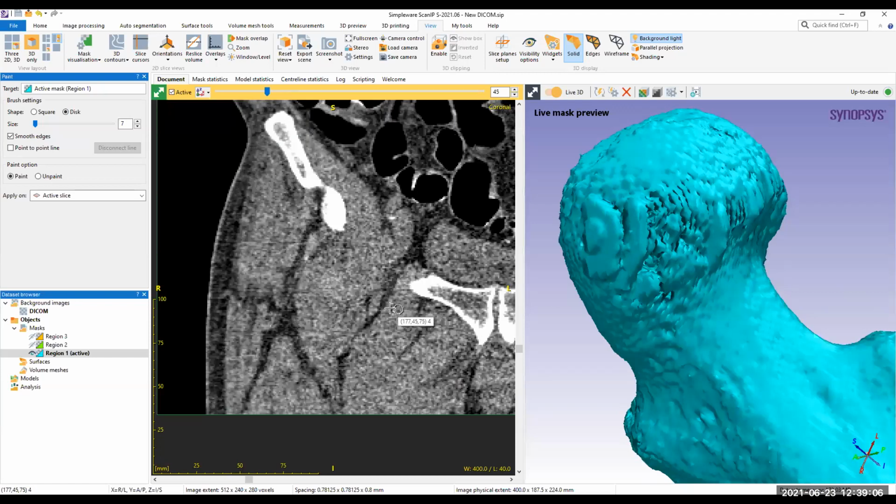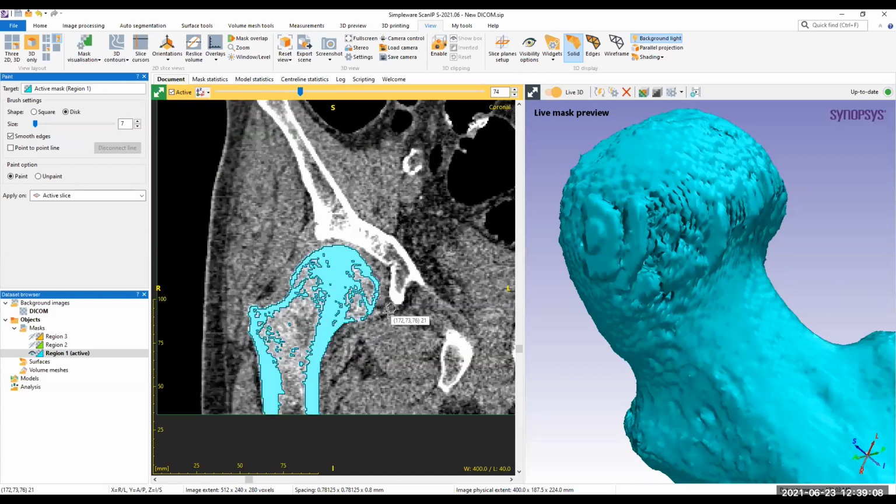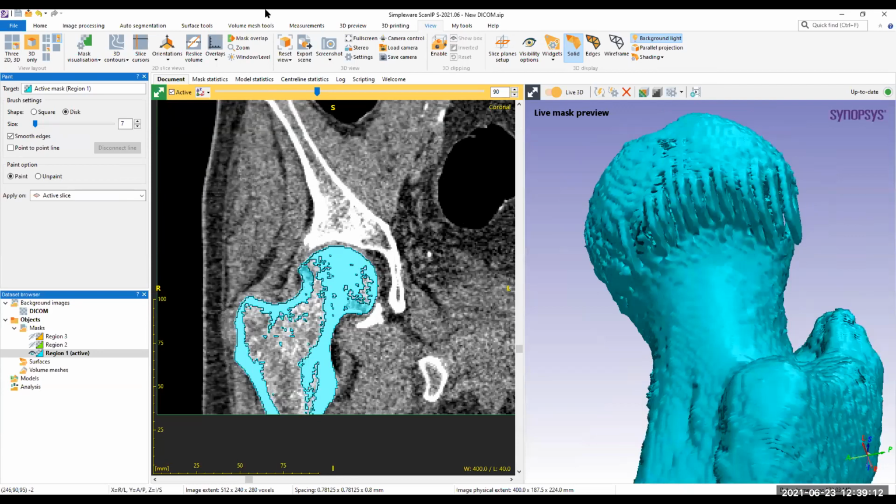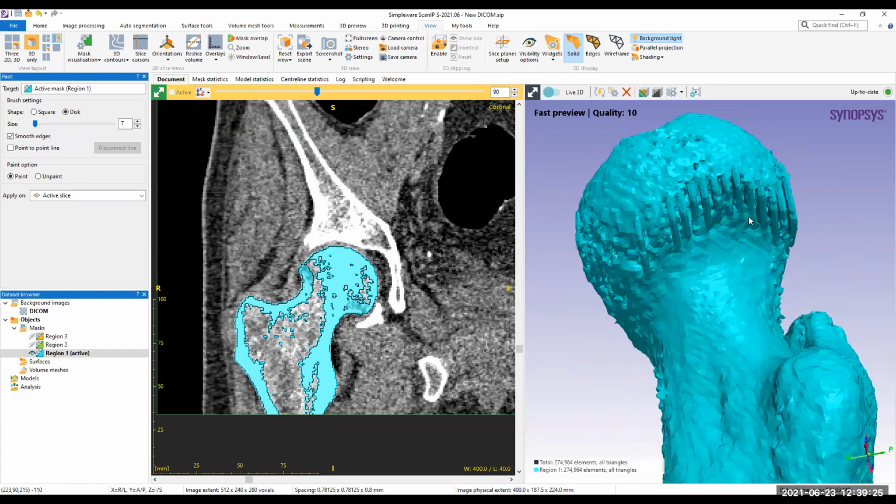Okay, so now I have covered up the boundaries at every third slice. I could have done this on every slice. That would take more time, and obviously it would create a more accurate model. But for this demonstration purpose, I was just working on every third slice.